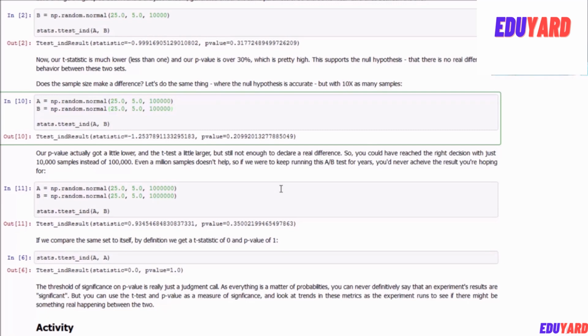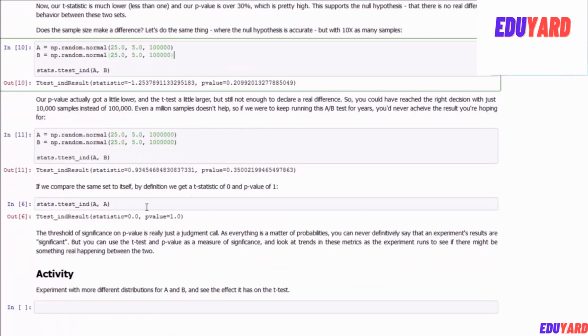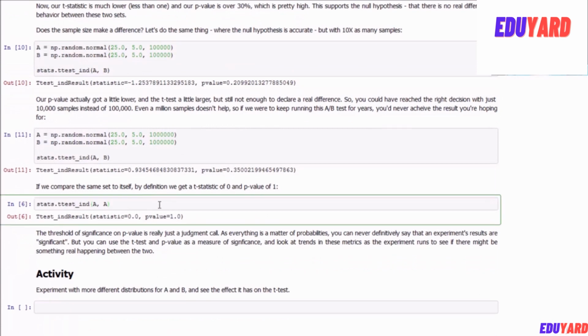Now this is a sanity check. If we were to actually compare the set to itself, this is called an A/A test, and we will talk about that more later. We should see a t statistic of 0 and a p-value of 1.0, because there is in fact no difference whatsoever between these sets. If we were to run that using real website data, where you were looking at the same exact value, and you saw a different result, that indicates there is a problem in the system itself that runs your testing. Alright, so at the end of the day, like I said, it's all a judgment call.